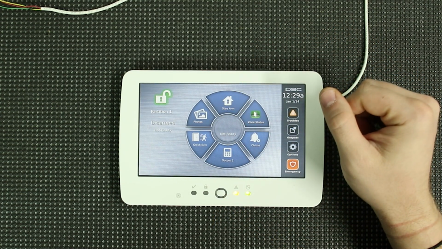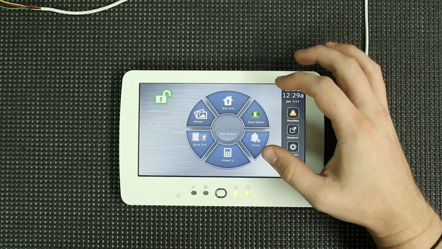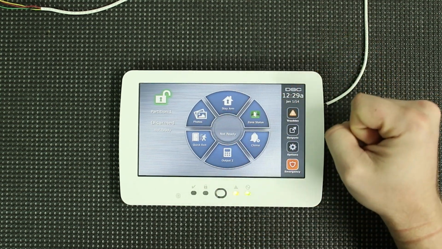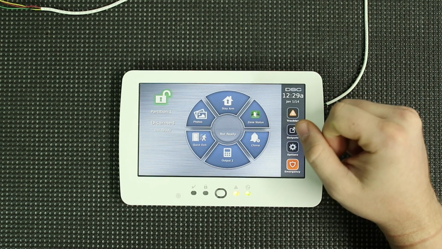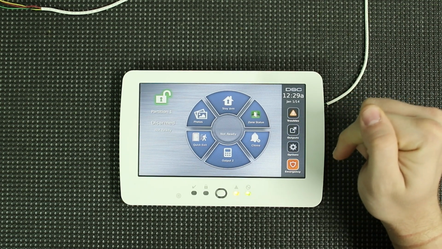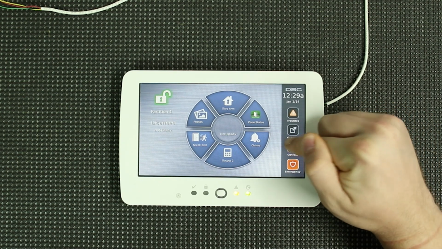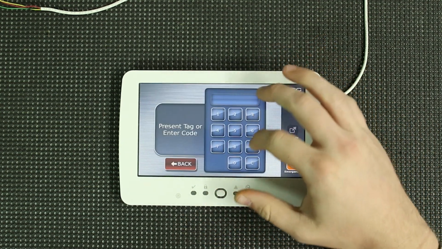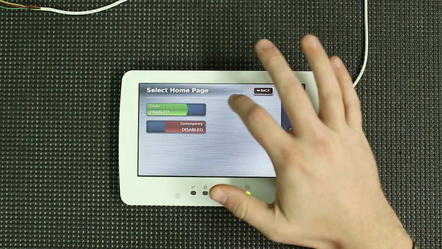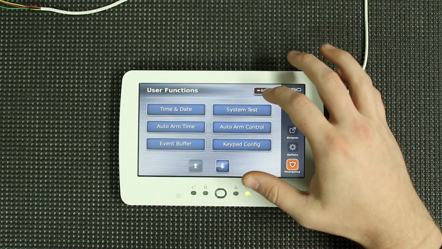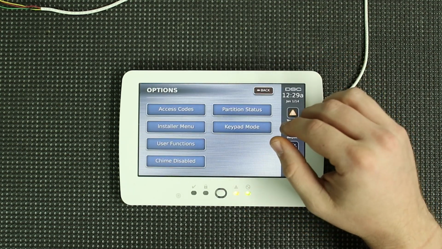Basically, we have a radial set of icons instead of the more rectangular setup that it was before. I'm not sure which one I like better. I kind of think this is pretty cool, but that's up to you guys. You can choose whichever option you want. And going back in, I'm going to reset that real quick, and then we'll go to the next menu,